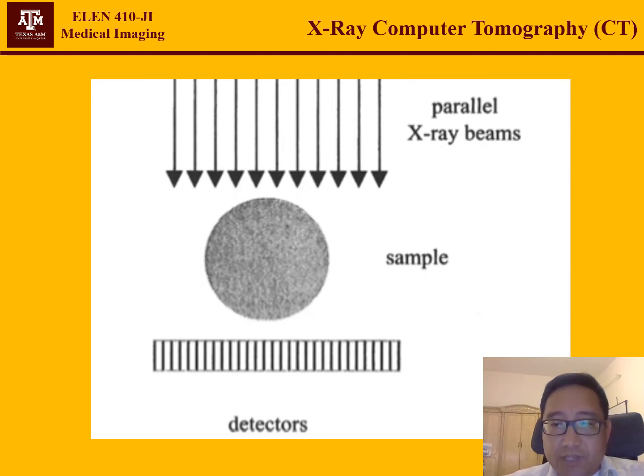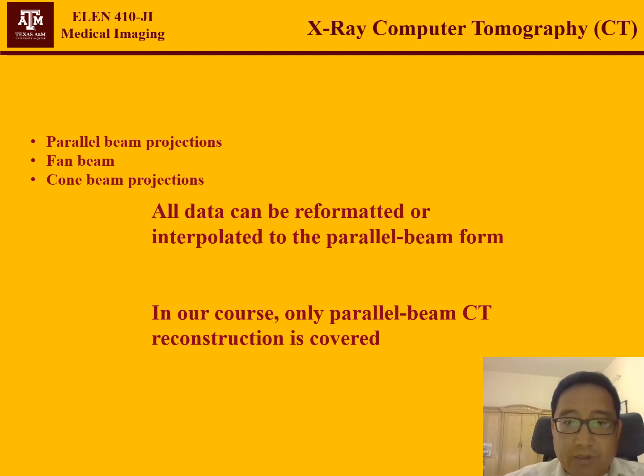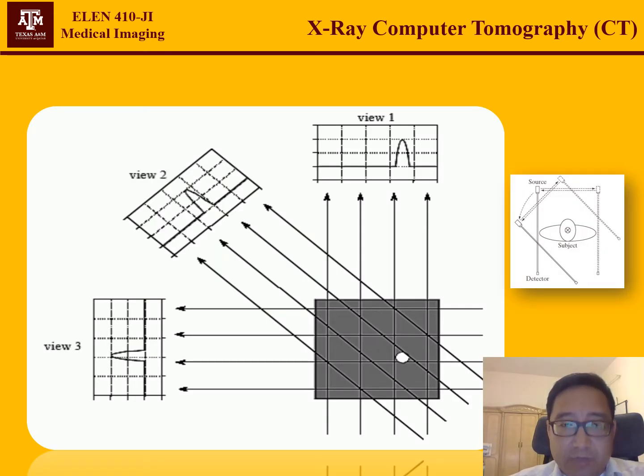For us to understand that better, let's think about a simple model. Let's say you have an X-ray beam shining from one side, and then you have a tissue sample here, maybe representing an arm or something. And then on the other side, you receive that. And then we can receive the data in different ways. But today we'll talk about the very simple method, the most straightforward way of acquiring these images, which is called